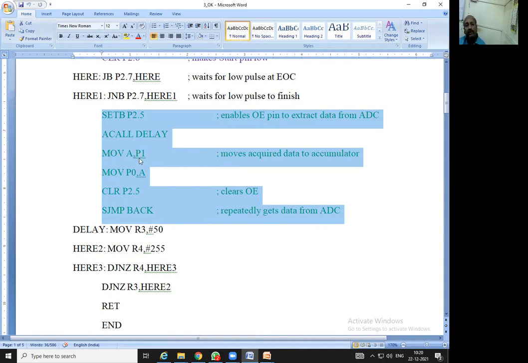Whatever the data of P1 is there, it is sent to the A, that is the accumulator. And next, that is move P0, A. Actually it is further work that we have not used; this accumulator data is going to be transferred to port 0.